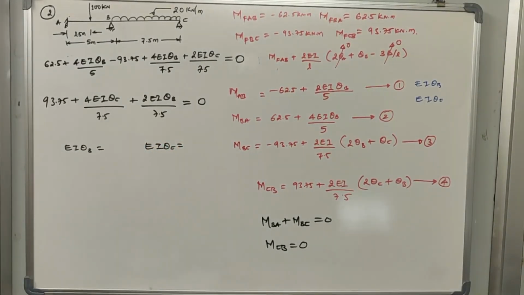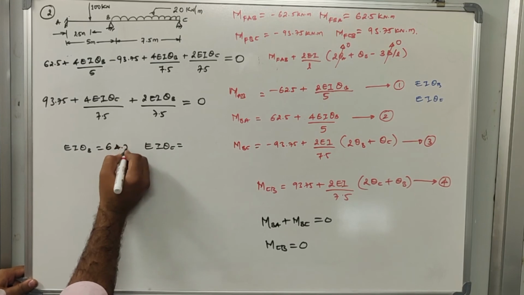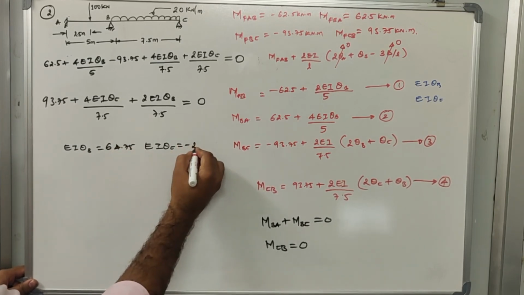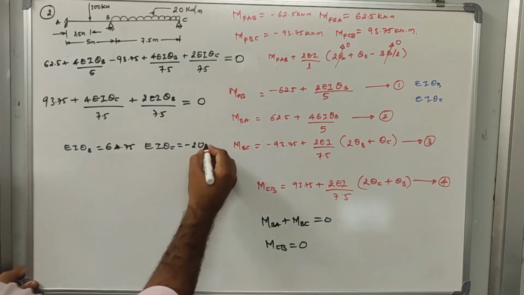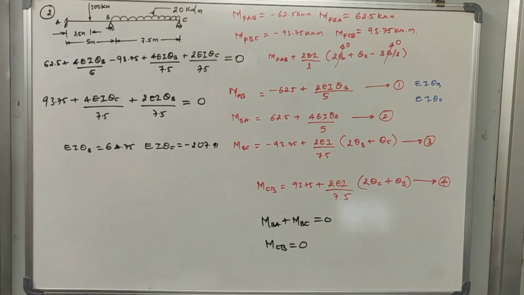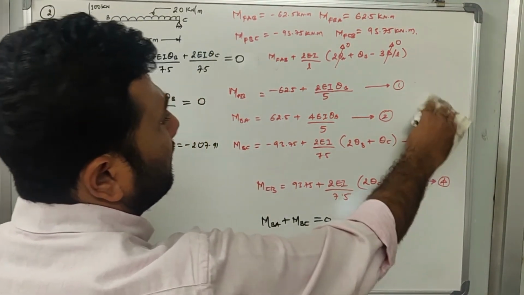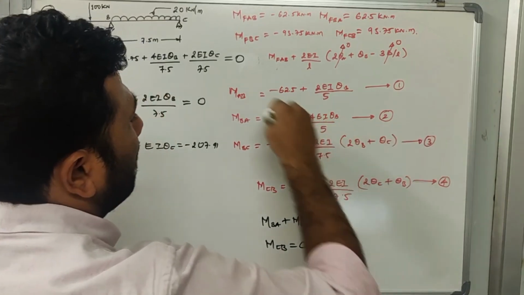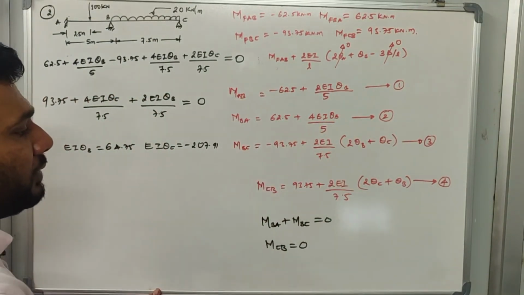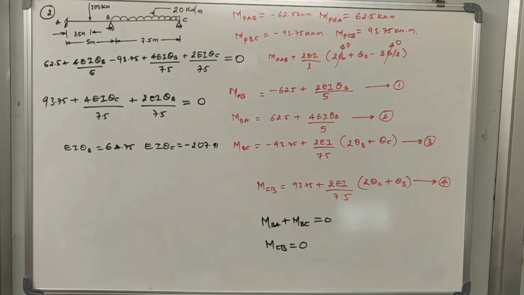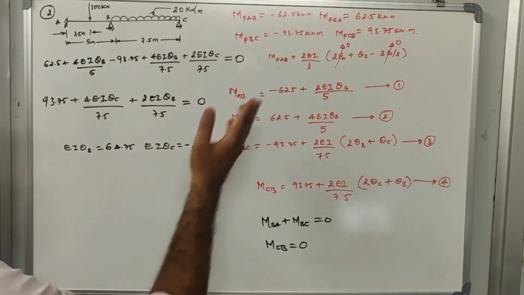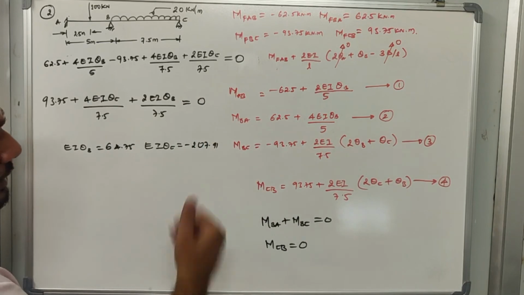Okay. So EI theta B I got is 64.75 and EI theta C I am getting as 207.91. These are my values of unknowns. So next thing what you need to do is that you have to substitute the values of EI theta B and EI theta C in the slope deflection equations, and you have to solve how much is MAB, MBA, MBC and MCB values. Okay. Substitute the values in all these equations, and find out how much are the end